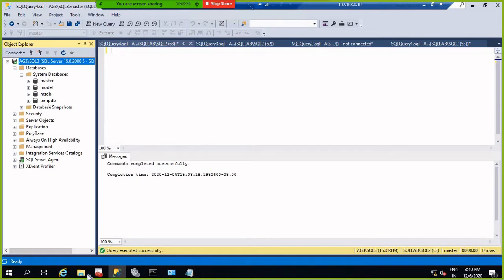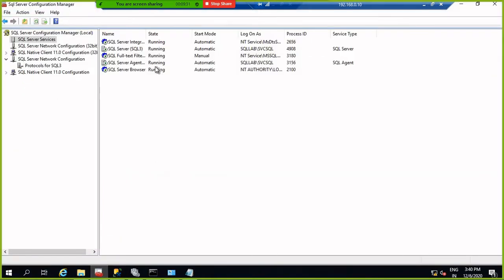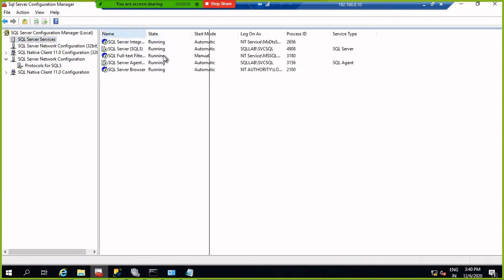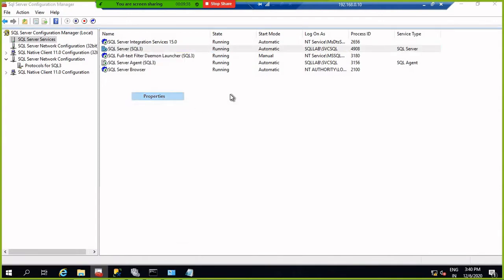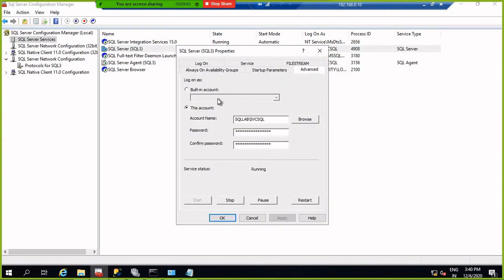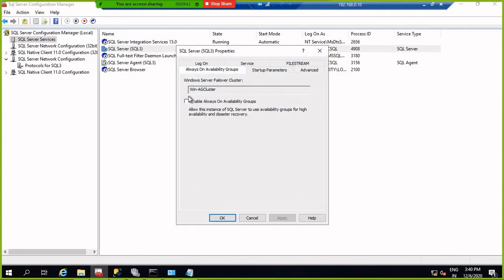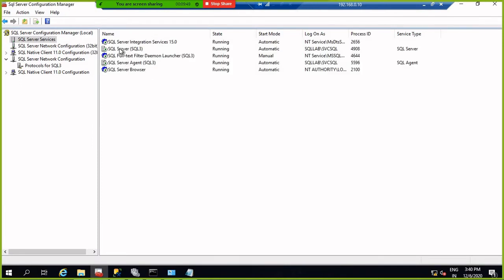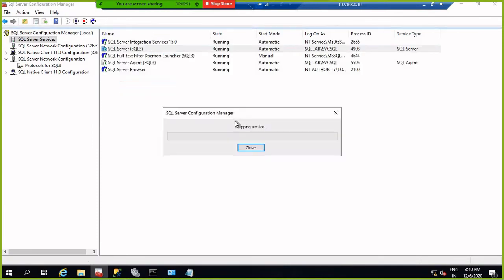This is the server here, but we have not enabled Always On here. To enable Always On, go to advanced Always On settings, click here and apply. It requires a restart of the services, so restart the services. And now we try to restore the database.